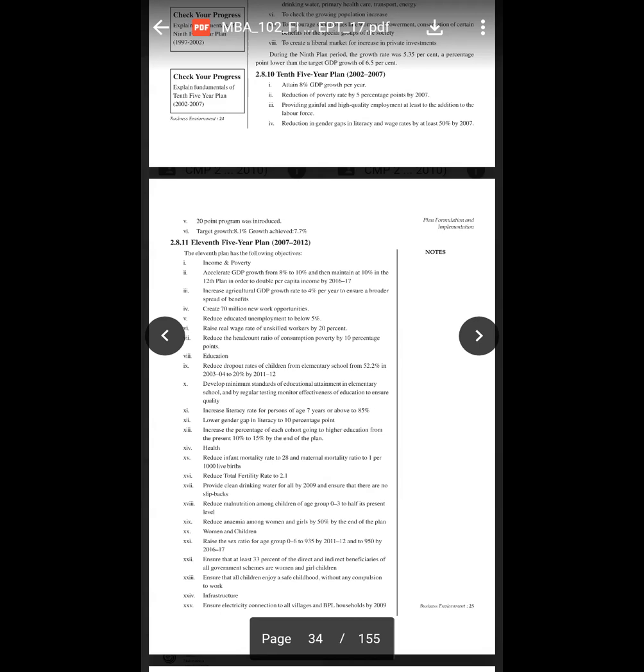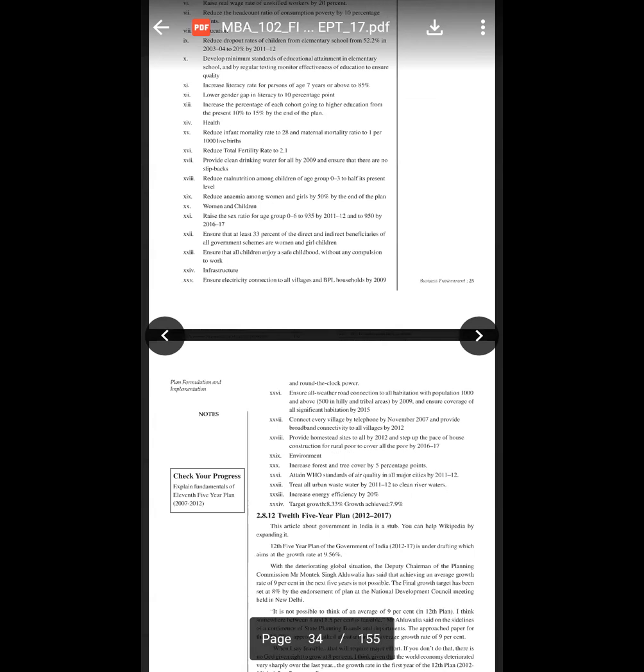They have also given more focus on the reduction of the fertility rate to 2.1. Okay, because at this stage the population is increasing tremendously. So they have given more focus to stabilize it, because the consumption rate is increasing tremendously and the supply rate is very much less. So the population is increasing but we should also provide them proper consumption, which is not possible at that stage. Then the next one is